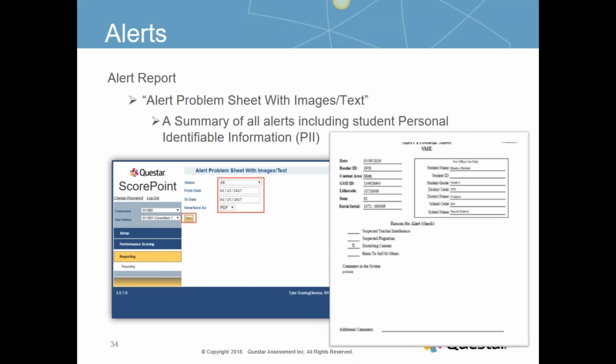At that point, once you've worked through all of your alerts, you can also print the alert problem sheet with images text. So under the reporting menu, you'll see the word reporting, and then all of the reports that you have available to you will show. This is an example. Once I click on the alert problem sheet with images text report,